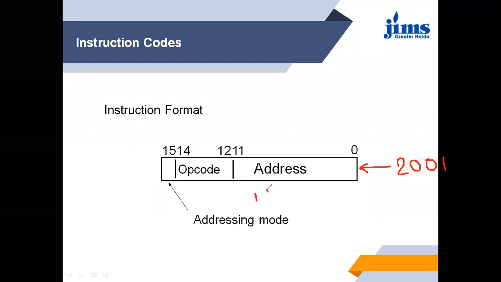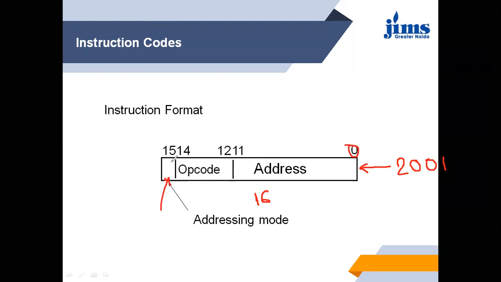If there are 16 bits, then we can name them from 0 to 15.